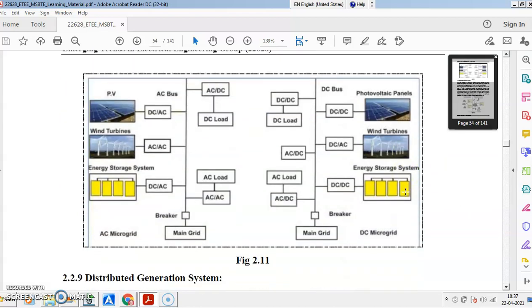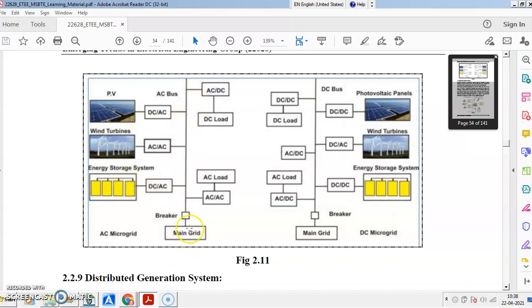Okay. So these are some explanations provided over here. This is PV, solar, photovoltaic, wind. Okay. DC, AC, initially it is DC. DC is converted into AC. So AC bus. Here wind is generating AC, AC to AC with required frequency generated, and it is fed to the bus. Energy storage, fuel cells, DC converted to AC and fed to this.